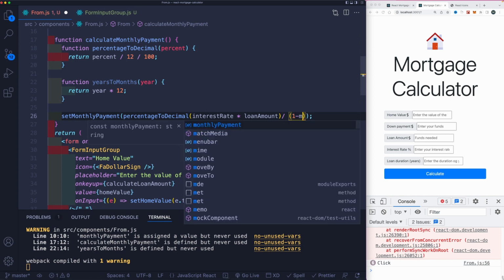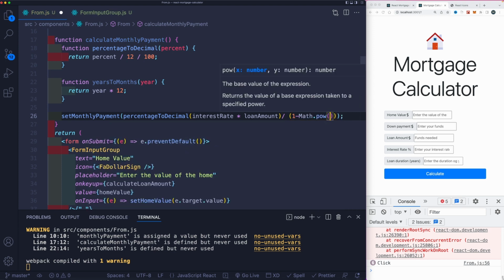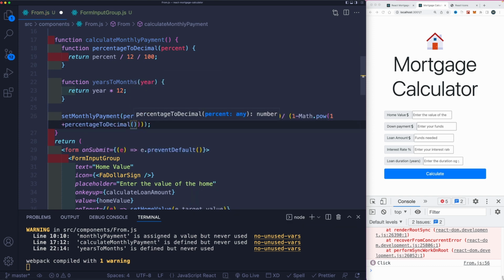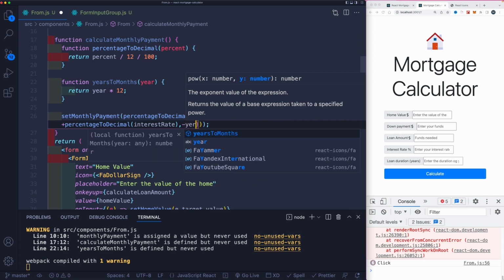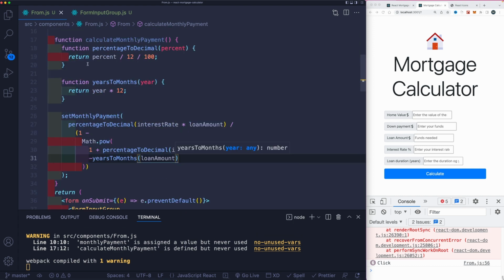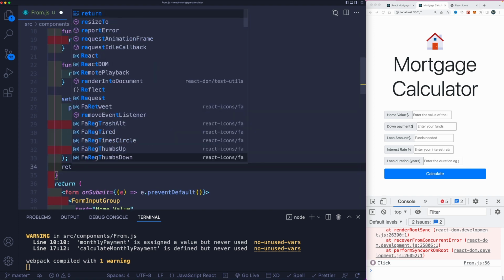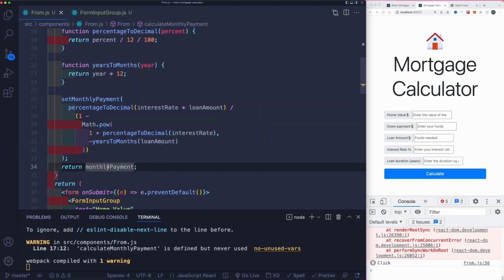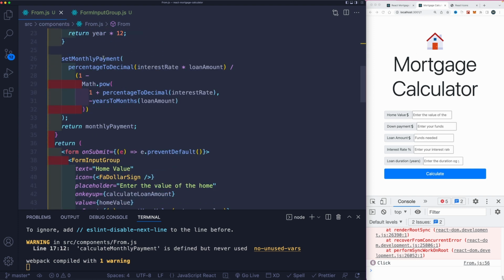1 minus, we're going to use now a math to the power of, so math.pow of 1 plus the percentage to decimal, again, of the interest rate. And this is going to be to the power of minus years to months of the loan amount. Okay? Now this function, the calculate monthly payment function, will return at the end the monthly payment. Okay? Because this function will basically update the monthly payment, which will use the set monthly payment amount functionality down